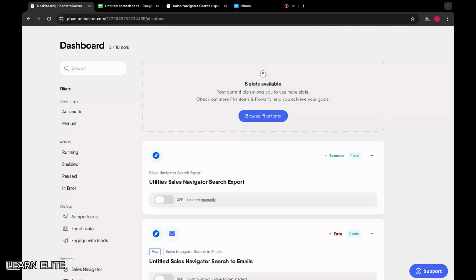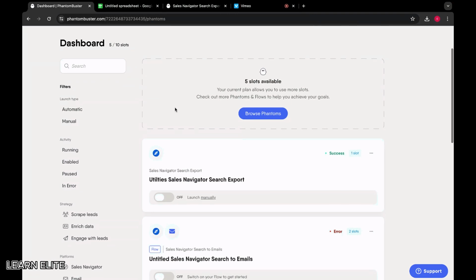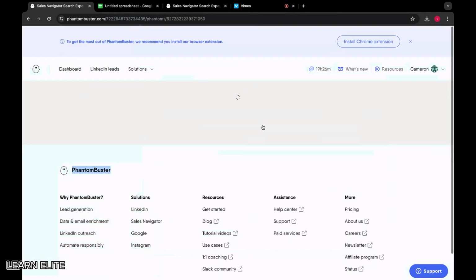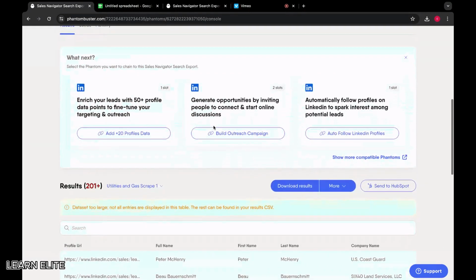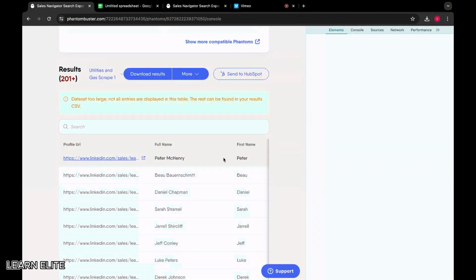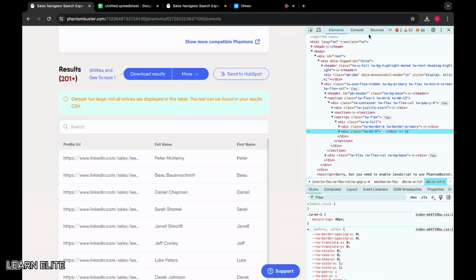Basically, what you're going to do is you're in Phantombuster here. You want to find your Sales Navigator search export. So this is my one here. And you guys are going to see this is super easy, super simple. So you just click into here. And then what we want to do is right click anywhere on the page and go to inspect. Then from here, over on the right side in the console, you want to hit this little arrow and